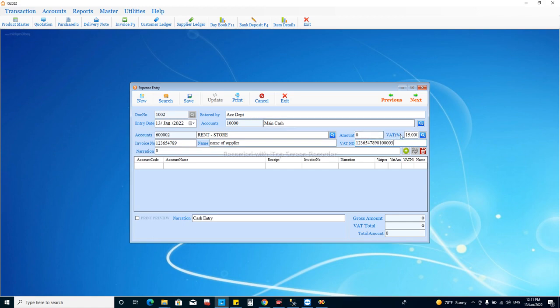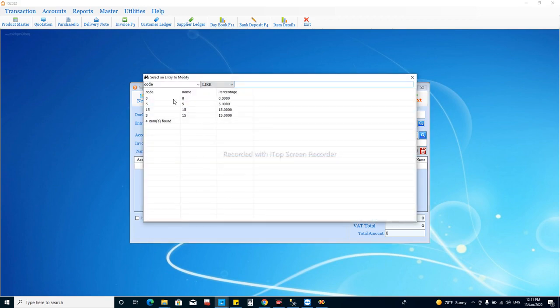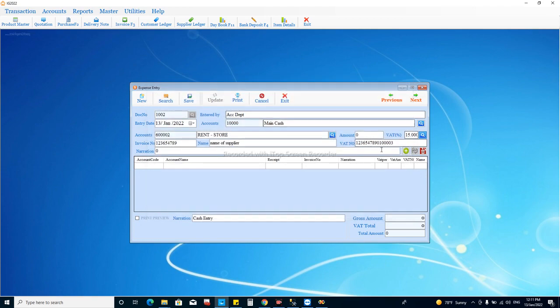If it is subject to VAT, or if it is not subject to VAT, you can choose 0 over here and leave this area empty, and then enter the purpose of the entry: rent for the month of Jan 2022 store. After narrating this line, you can enter it down.